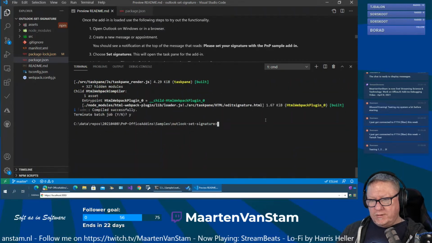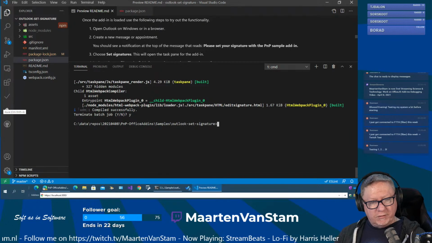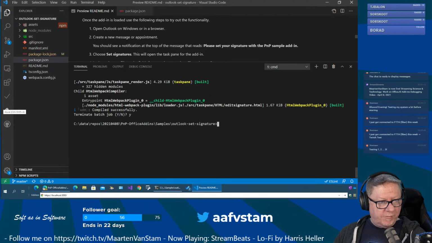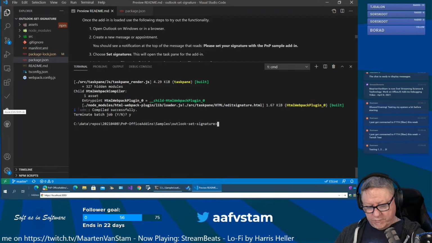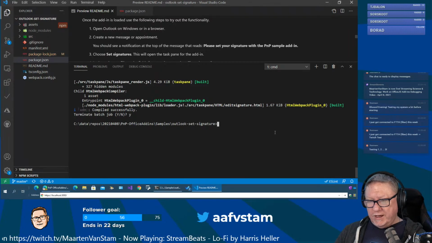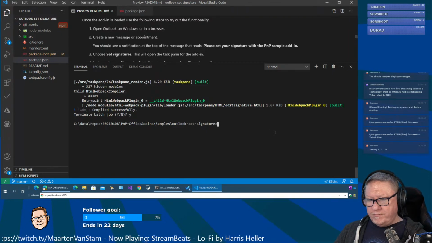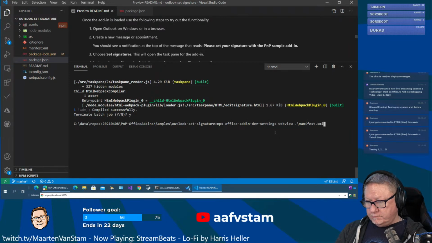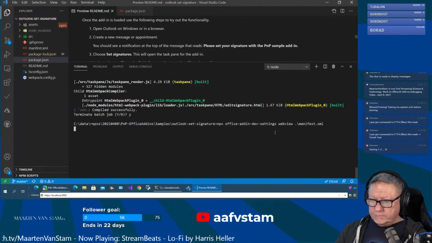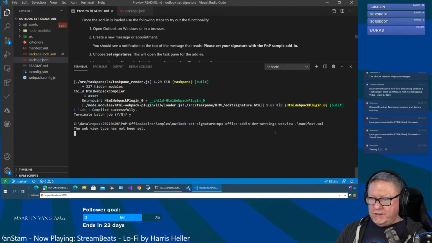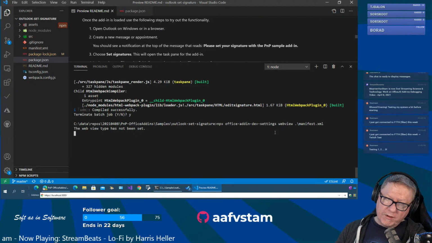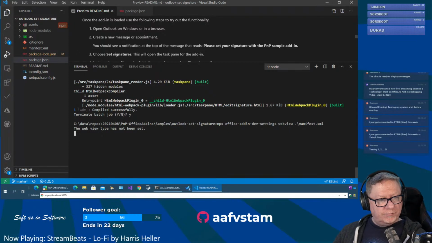Let's have a look what the active debugger is for this. You can check the debugger, the engine we use for task panes. Web view type has not been set. So now let's see what the options are. Options should be,